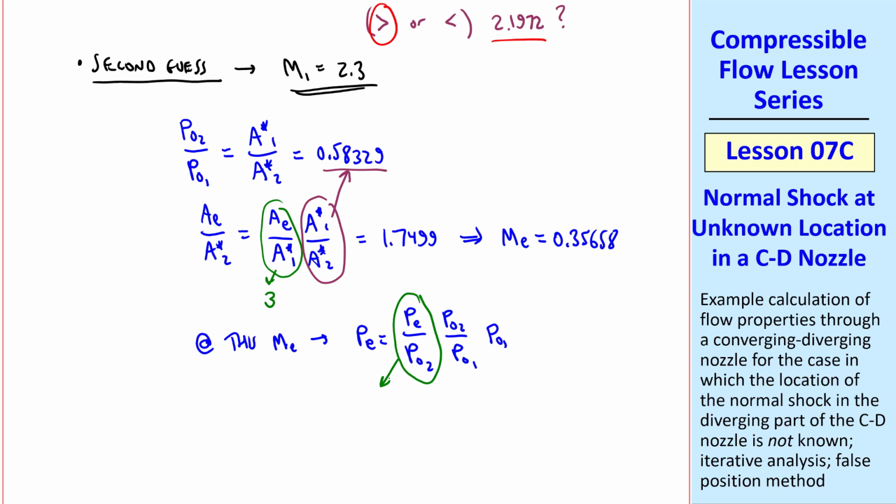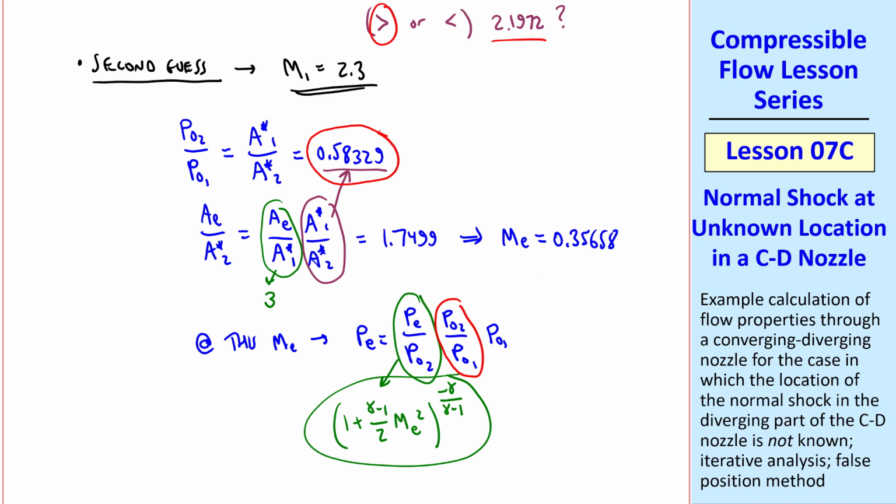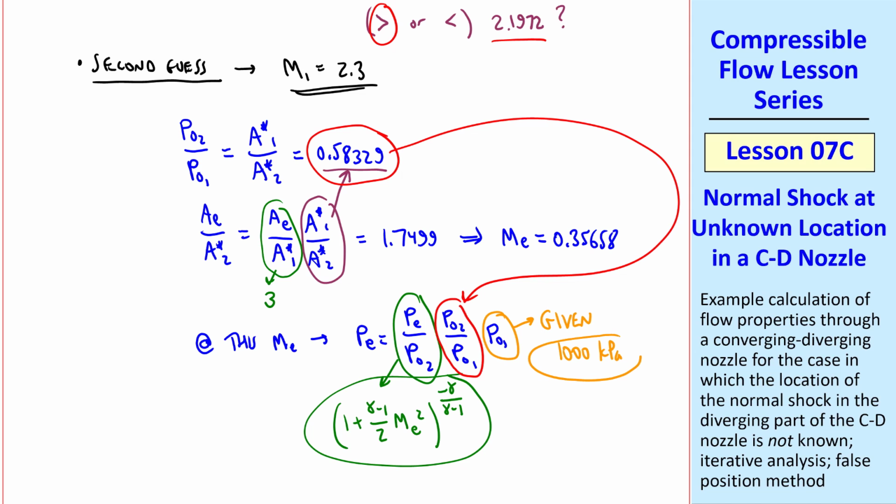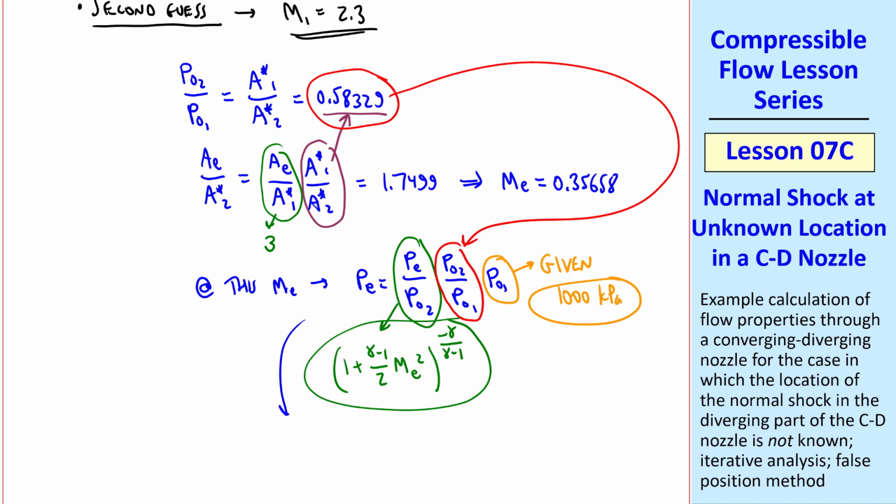At this exit Mach number, PE equals PE over P02, times P02 over P01, times P01. This comes from our isentropic relationship, 1 plus gamma minus 1 over 2 ME squared, quantity raised to the negative gamma over gamma minus 1, which we can get because we know ME and we know gamma. This we calculated up here, so we plug that into P02 over P01, and finally P01 was given as 1000 kPa. Plugging in all these values gives us PE equal 534.2 kPa. This is closer to our desired answer than our first guess, but they still don't match, so we have to